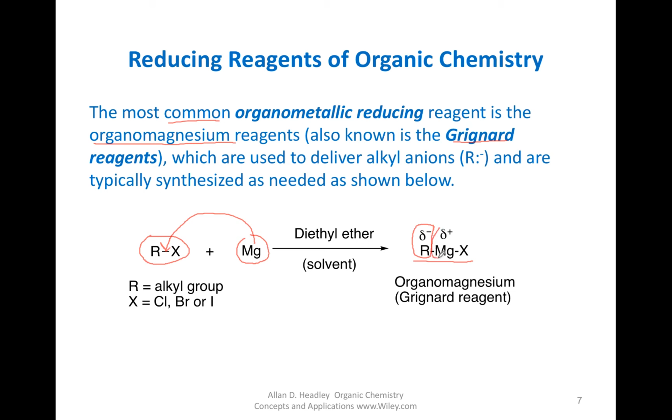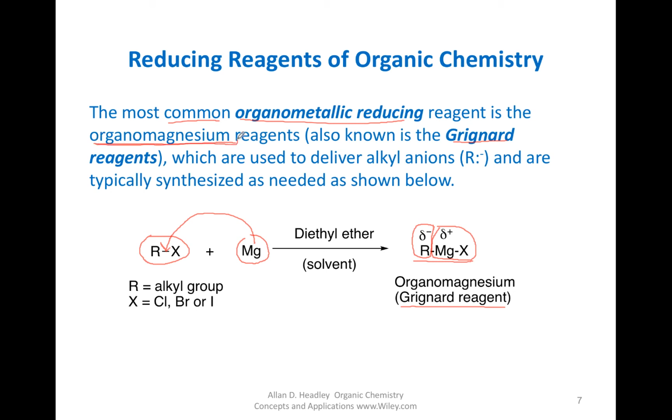And of course it's partially ionic, because this portion here is MgX, or MgCl if the X were a Cl. This reagent, discovered by Victor Grignard, a French chemist, is known as the Grignard reagent. So we'll use that term or that name a lot to make reference to this specific organometallic reagent, which is